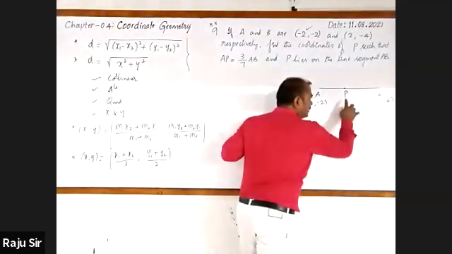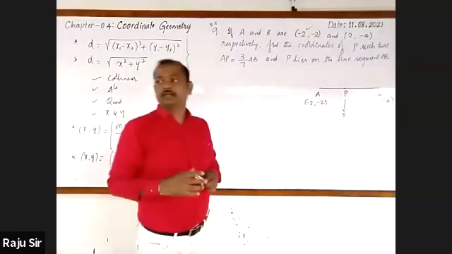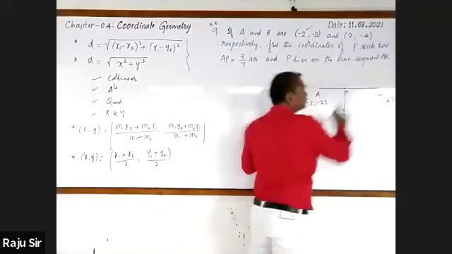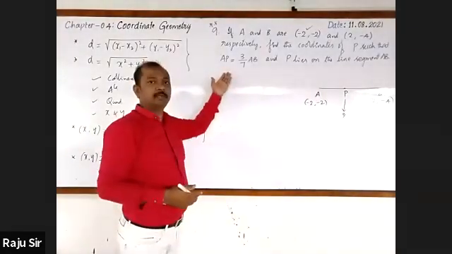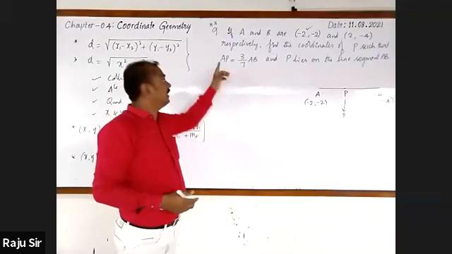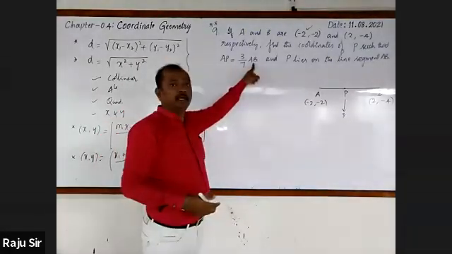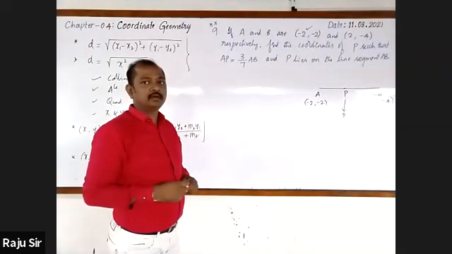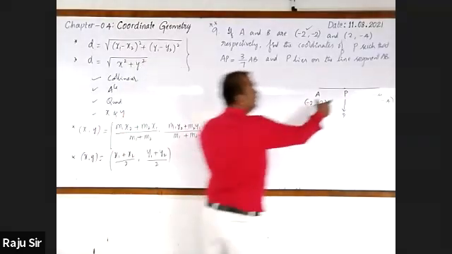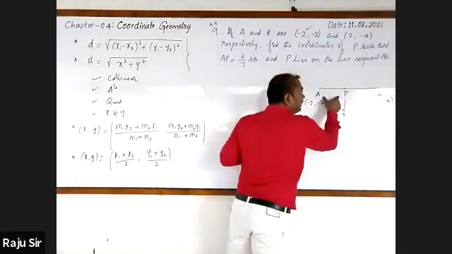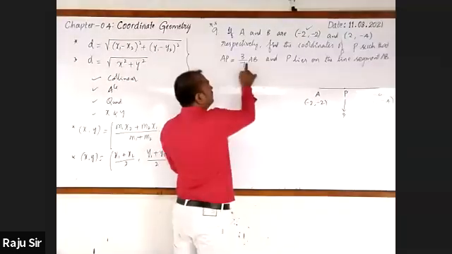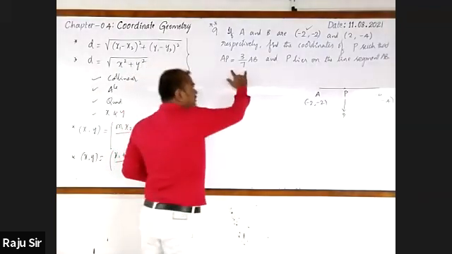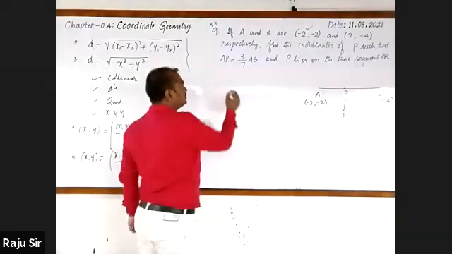We are going to find the coordinates of P. To find that, we need to know the ratio, that is AP is to PB. Have they given AP is to PB? They have given AP and AB, 3 and 7. Do you say that it is 3:7? You can't. We want AP is to PB, not AP is to AB. Here, they are given 3/7 of AB. So using this statement, let's find the ratio. Just look here. Don't copy.